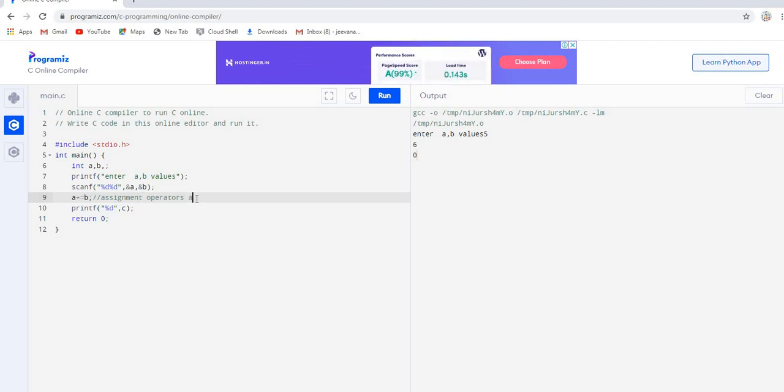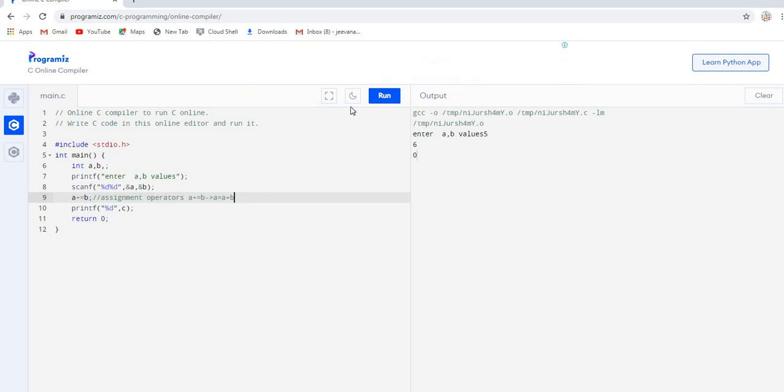I'll show you. A plus equal to B means A is equal to A plus B. So this statement can be written like this. That means A plus B is stored in A.